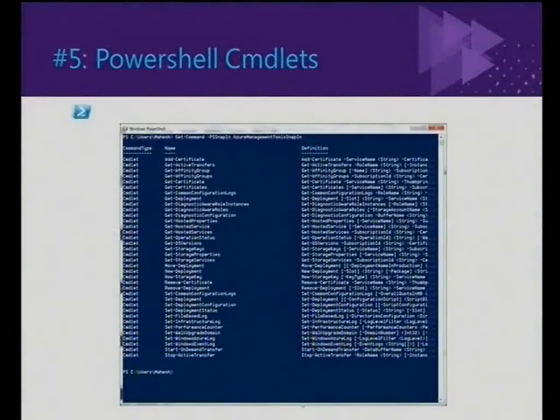Yes. So the way we actually do it in our application is we use MSBuild, and we use CSPack to actually package it all up. And then once it's all packaged up, we use PowerShell to upload the certificates and a whole bunch of other things, load the whole thing up into the cloud and so on.